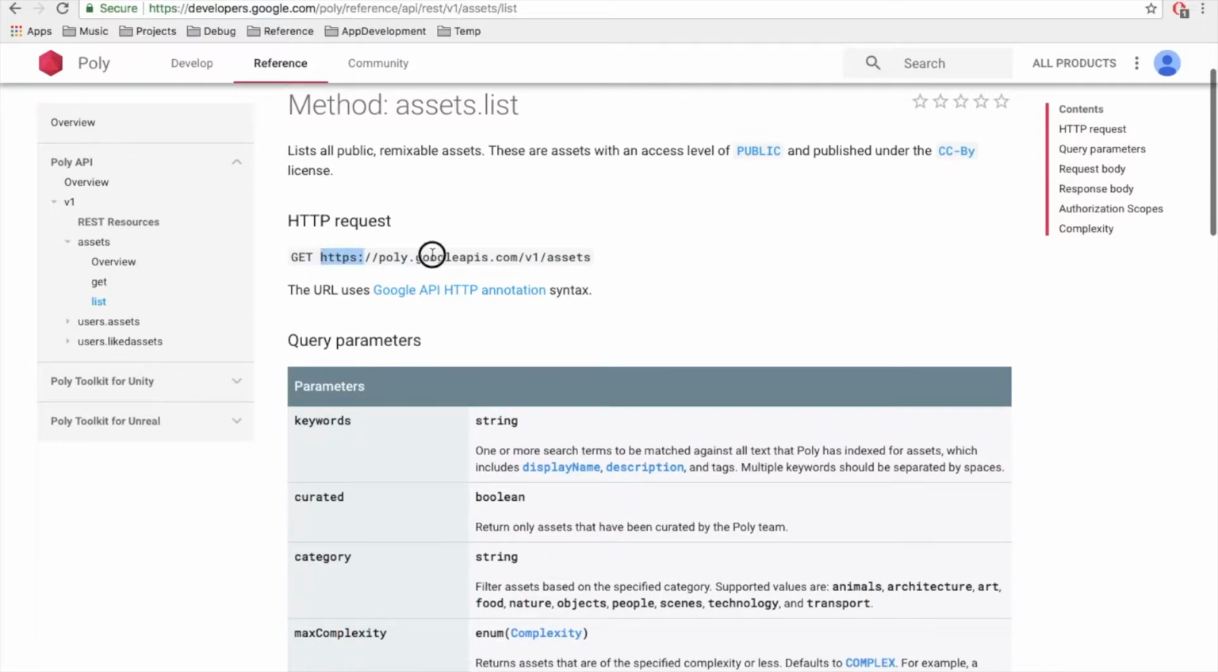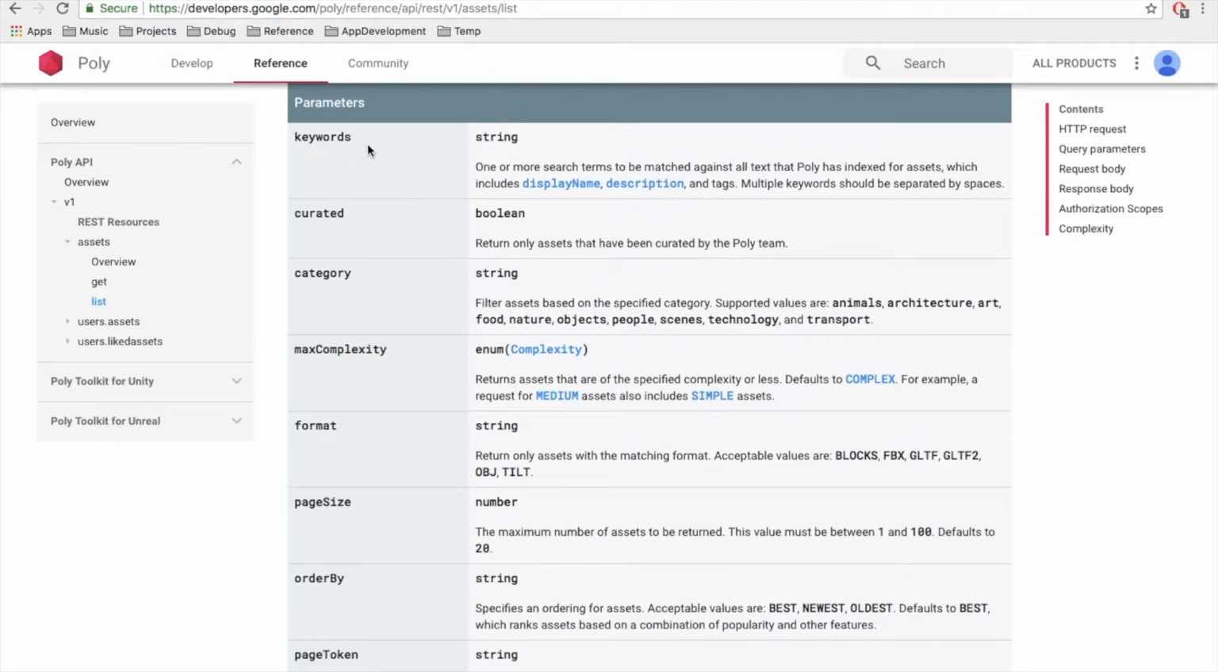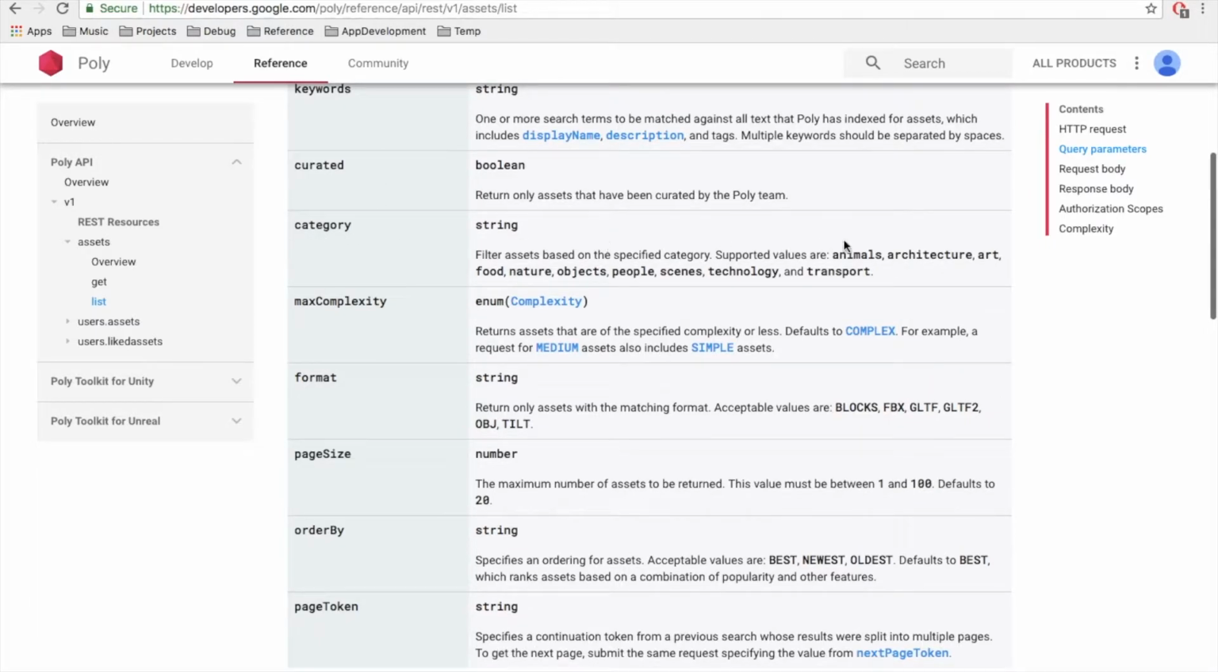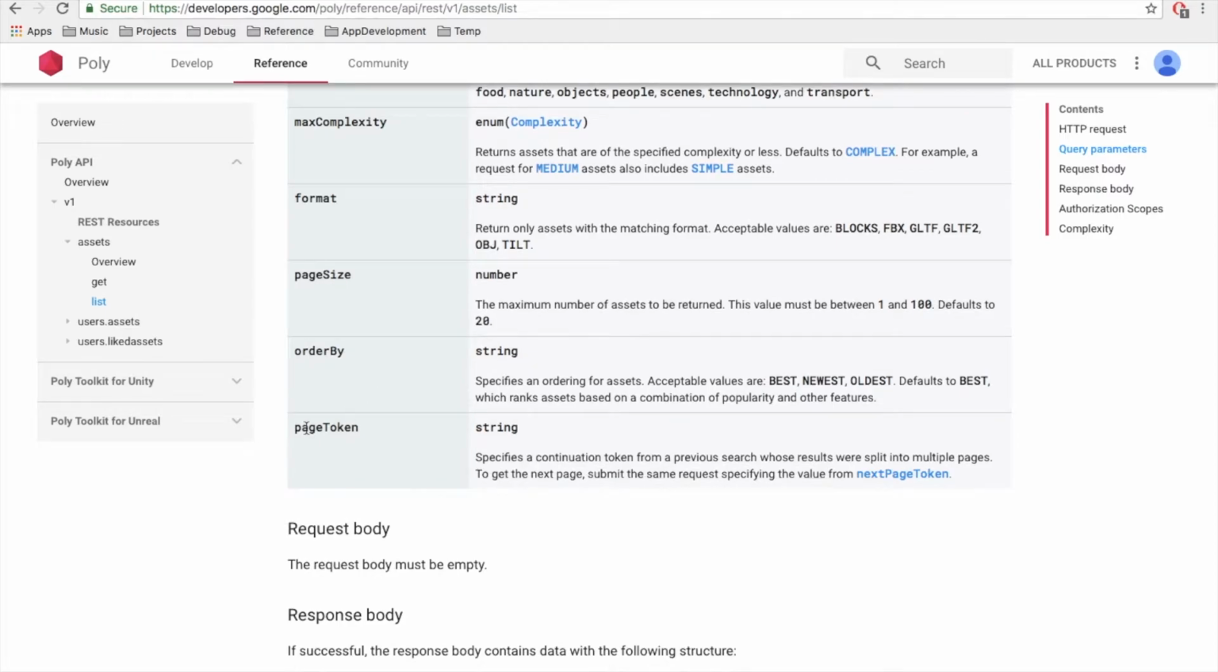Here's the request that you use for the API, and here are some parameters you can provide it. You can give it keywords, which is probably what we'll be using for the search. You can specify certain categories like animals or technology. You can specify a format if you want only a specific type of 3D object format. Page size controls how many results you get back from each search. And then page token is a way to have different